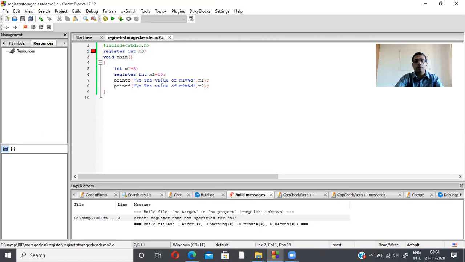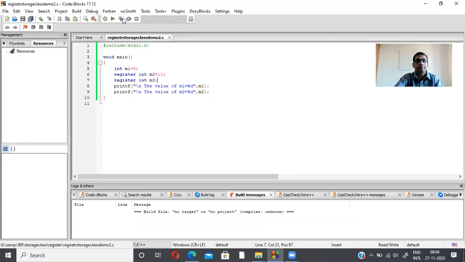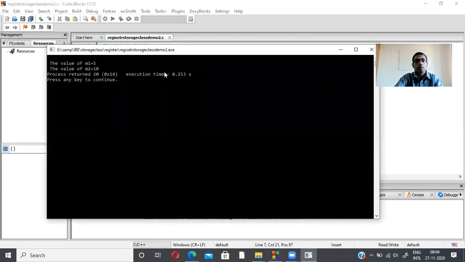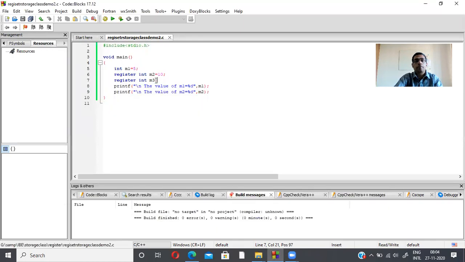If we declare it as a local variable, the compiler will allow the declaration. So I'm declaring it here, and the compiler allows it now. I will save and run the program. The value of m3 is not printed here, so I am printing the value of m3 now.